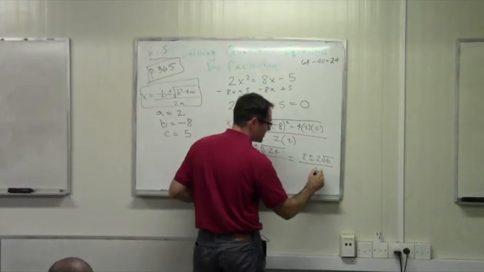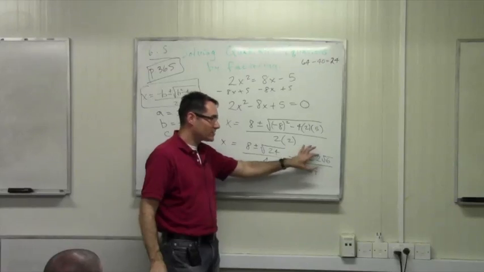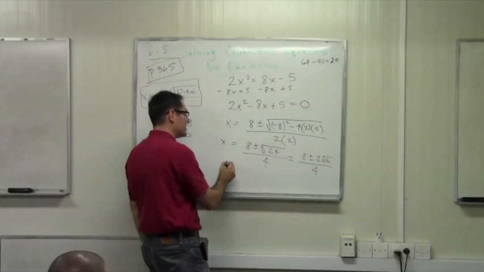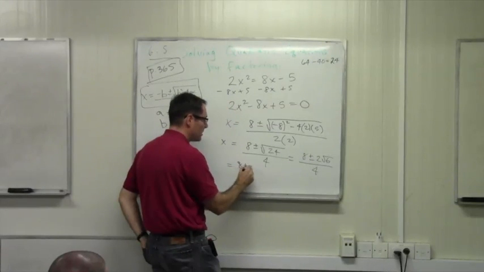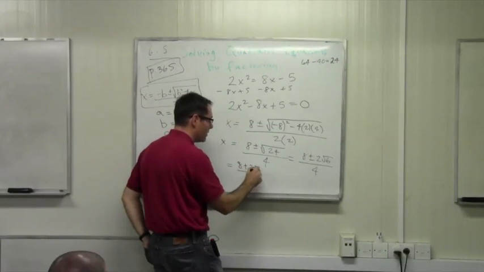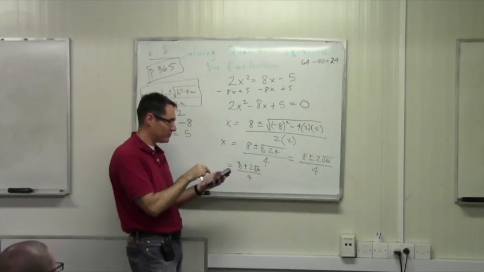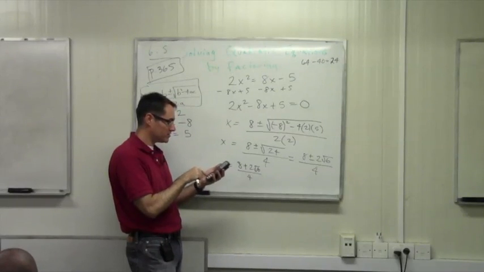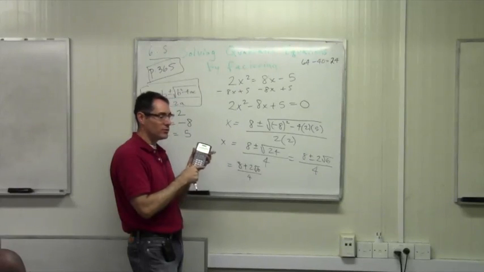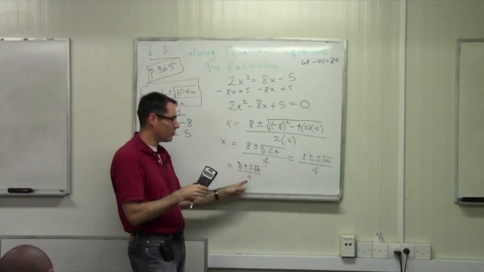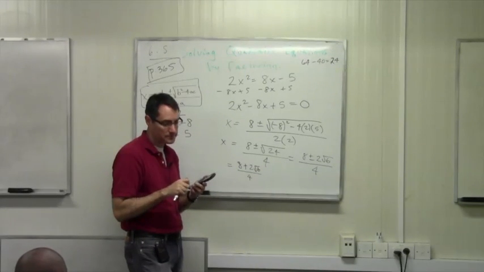You don't have to simplify this. In fact, it might not even have mattered if you simplified this. But we're now going to actually have to plug in here and do it. So let's do the addition one first. 8 plus 2 times the square root of 6 divided by 4. Do that on your calculator, since you can't do it using just regular old arithmetic. Hit equals, because this whole thing has to be done before you divide by 4. Then you divide by 4, and you get